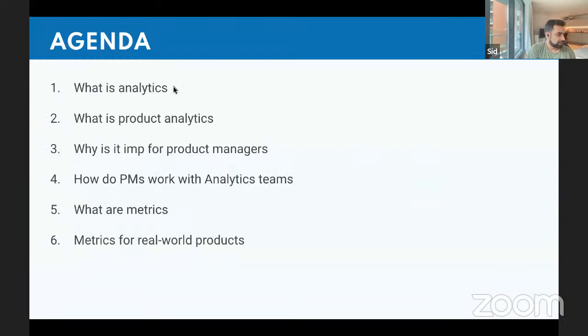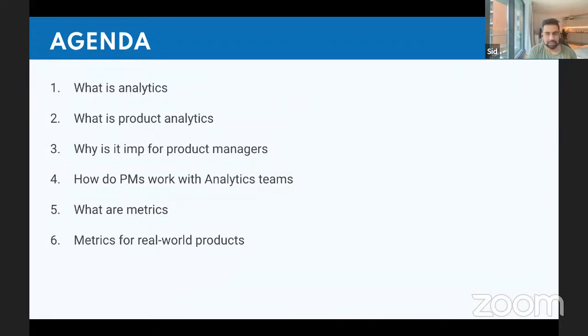Quickly going through the agenda, the first half of the discussion will be around analytics: trying to understand what analytics means, what is product analytics, how is it different from general analytics, and why PMs need to focus on analytics. Then I have a slide where I help you understand how typically product managers work with analytics and analytics teams. I think that's very important because it lays the foundation of how effective analytics becomes in your organization,